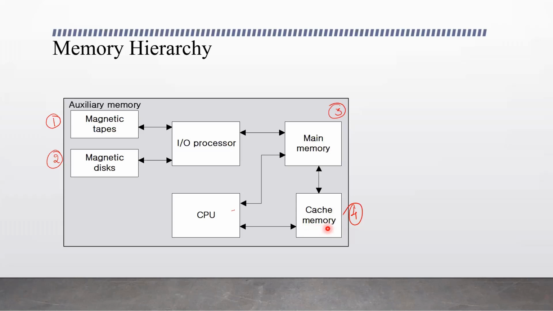So cache memory is used to speed up the process. It also stores the programs and data that are currently needed. But the programs and data that are most frequently used, or the repeated part of the programs and the data that are frequently used in the current calculations, are stored in cache memory to access them faster, as it is a high-speed memory, to increase the processing speed.